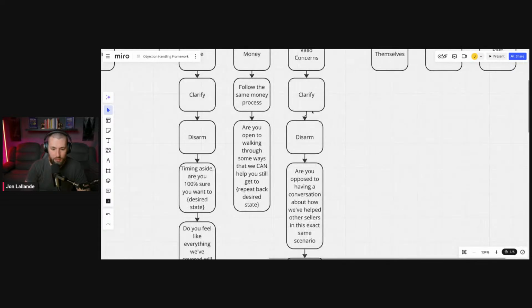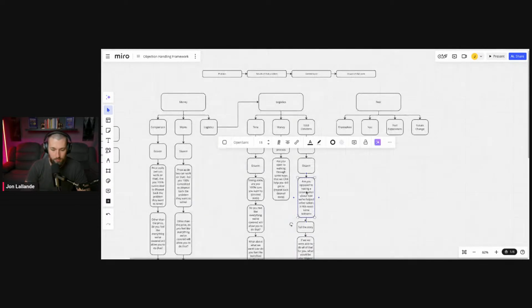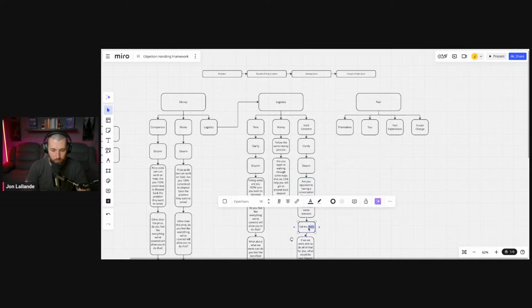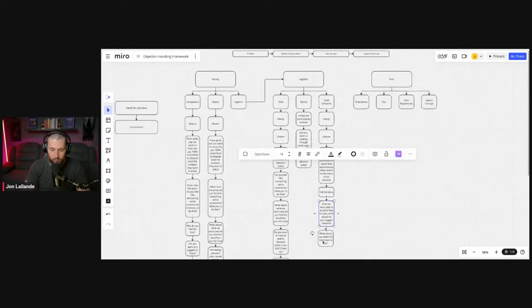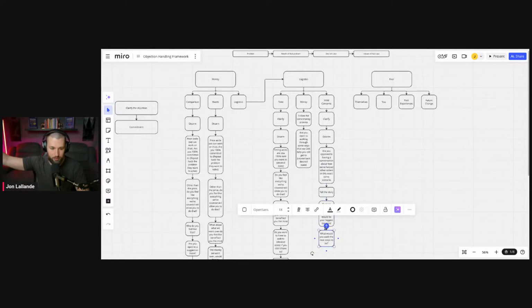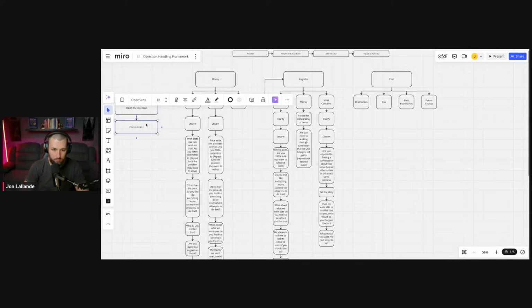Now, to really understand the valid concern, what you do need to do as well, let me center some of these while I'm telling you guys this story, is you need to say, okay, well, that objection aside, do you feel like we've covered everything for you to be able to do X, Y, and Z? Well, why do you feel like we would, though? And are you 100% sure you want to do that, right? All of these objections come down to clarifying and commitment. So you can see on the left here, there's a reason that I put clarify and commitment for each one. Every single one, we need to clarify the objection, and we need to make sure that they're committed to changing. If they're not committed to changing, we need to get that commitment before we can move anything.